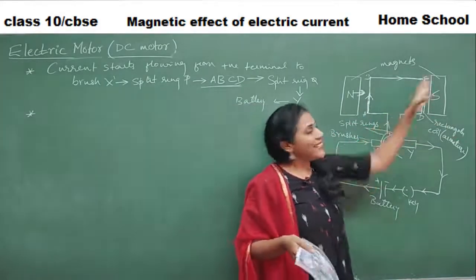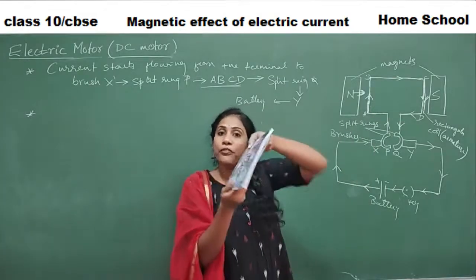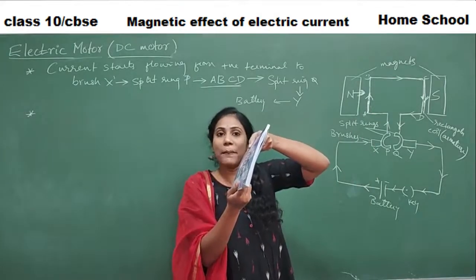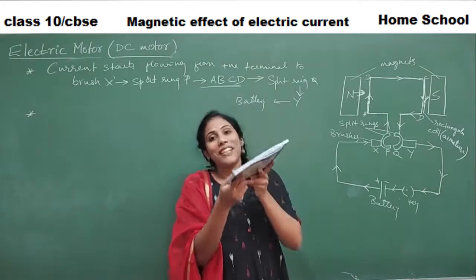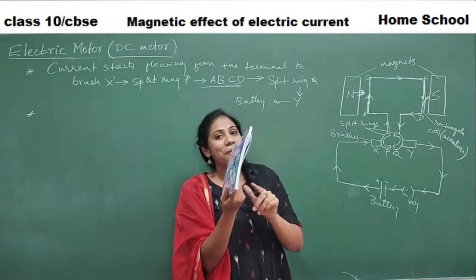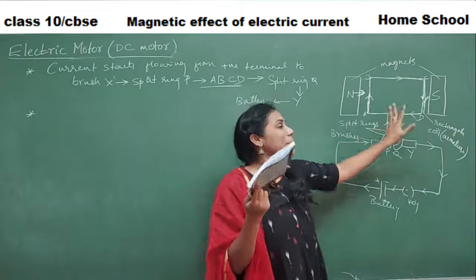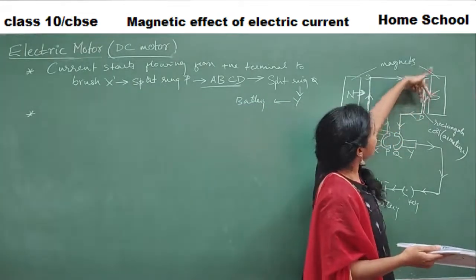But how is the CD side moving, bottom or up? The AB side moved down. With the help of Fleming's left hand rule, we got to know the CD side will move up. When the AB side is moving bottom, the CD side has to move up only, no? You can check it out with Fleming's left hand rule also. See here, this is the direction